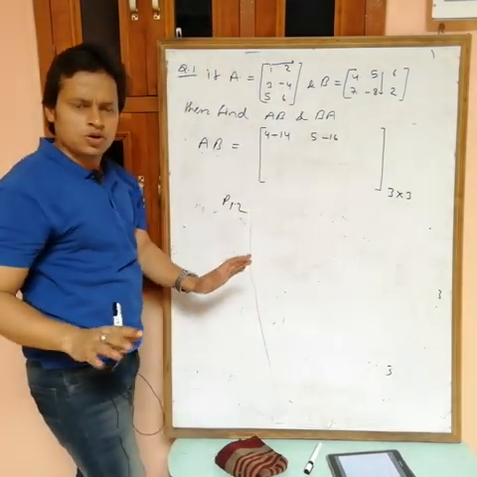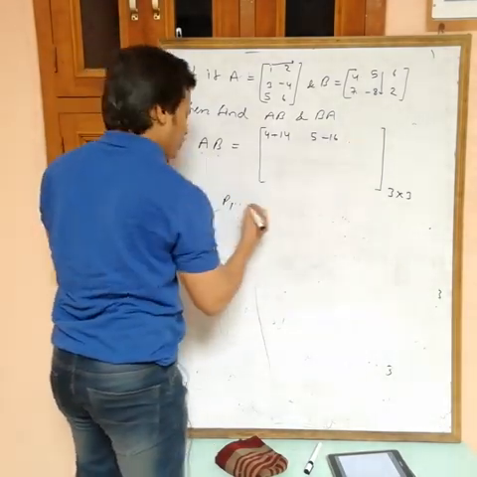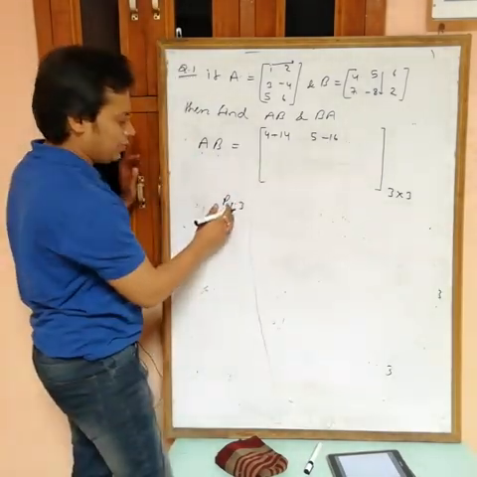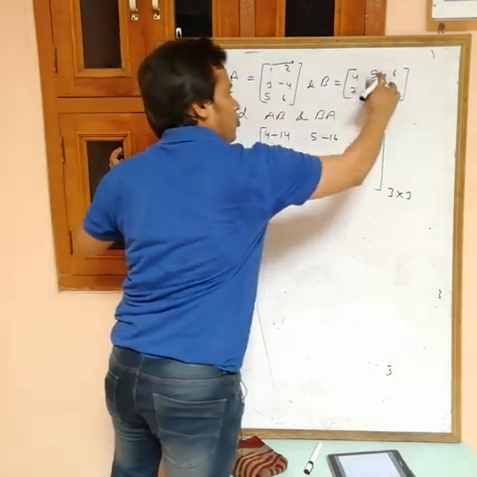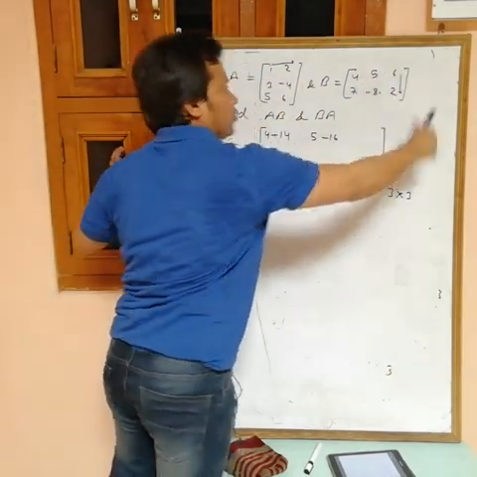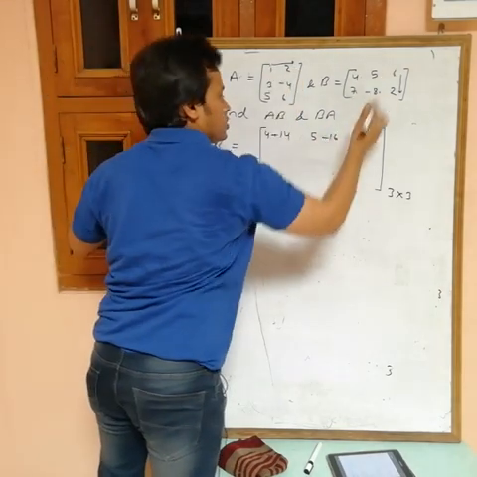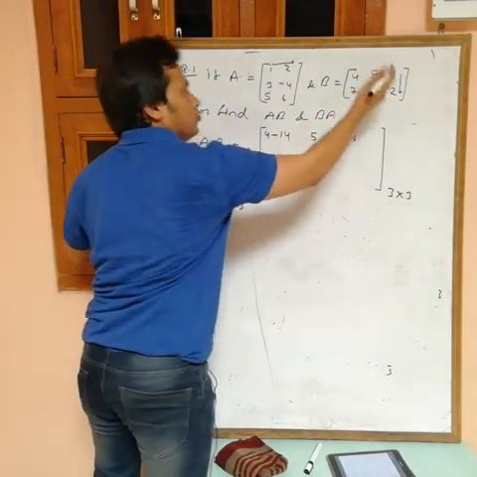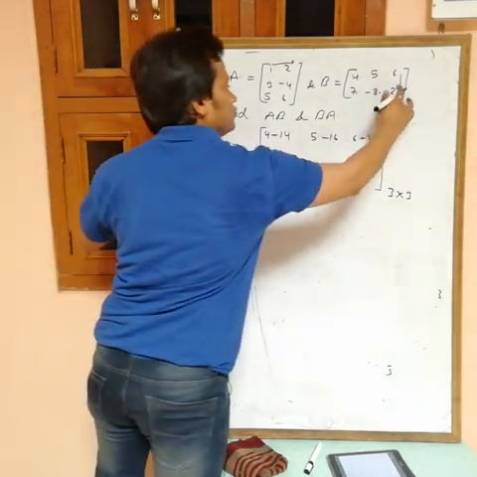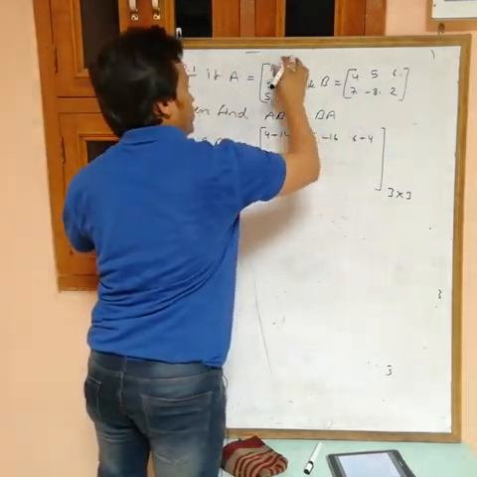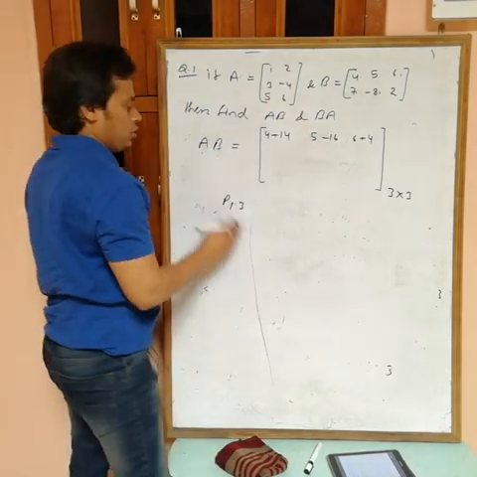Now P12 is over. Okay, now the next one is P13. How to get P13? Multiply the first row with the third column. The first row is this one, but now the column is third. Okay, corresponding element 6, 2 into 2 is 4. So it means you can multiply na.